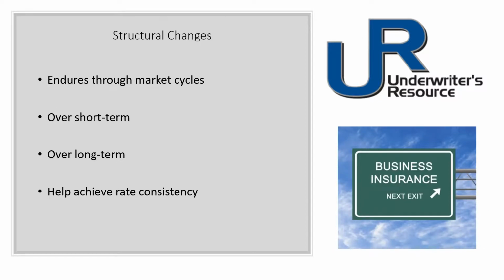Another approach to increase the cost effectiveness of commercial insurance programs will focus on creating structural changes to minimize costs in both hard and soft market cycles. The importance of a structural approach should not be ignored or diminished, since the benefit will be achieved in both the short term and the long term. This is especially important with our commercial clients who are relying on consistency when they in turn price their own products. Consider a contractor who builds a building which will take 18 months to build.